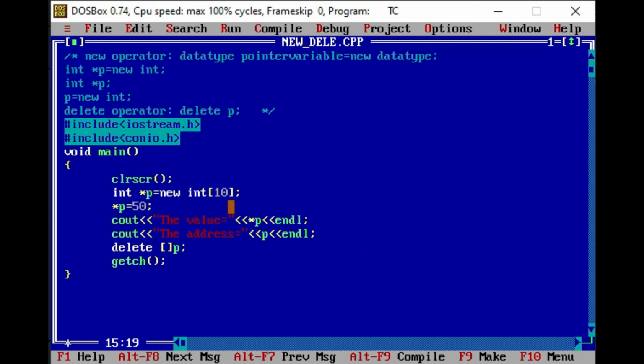New and delete operators can also be used with objects. We will see that in my other videos, when we cover the concept of pointer to object, or one more concept, the dynamic constructor. In that we will see how we can use the new and delete operators with objects.